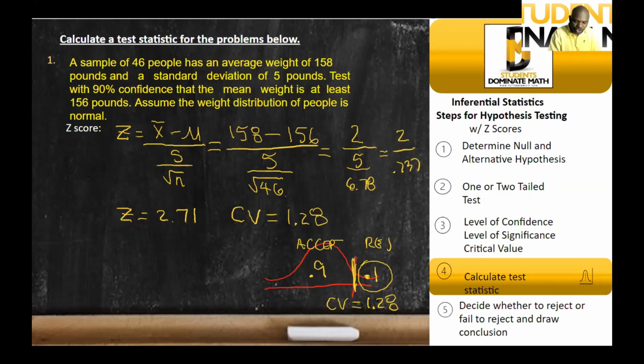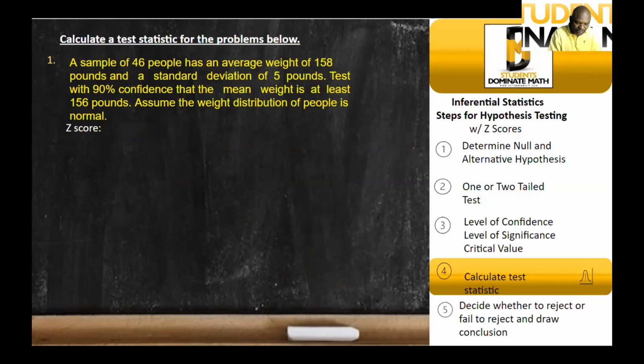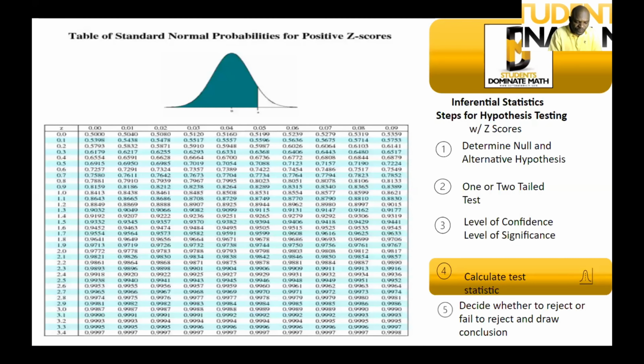All right. So where did this 1.285 come from? Let's talk about that right now, using that 0.9 there. All right, so let me get rid of this and talk about that. You look for, it's a positive z-score table, you look for 0.9